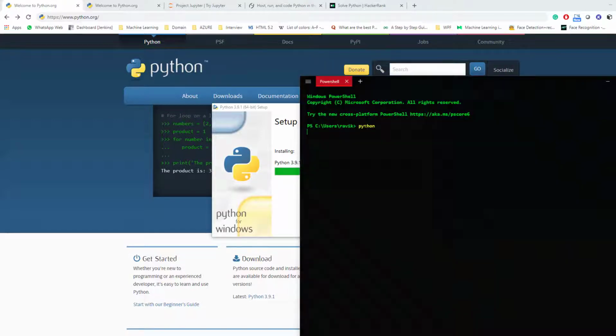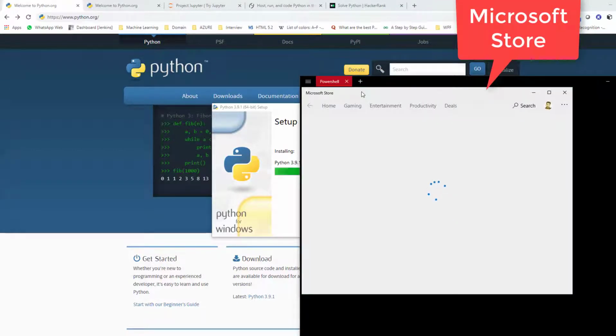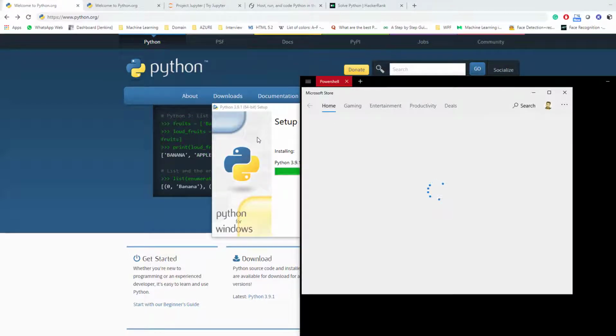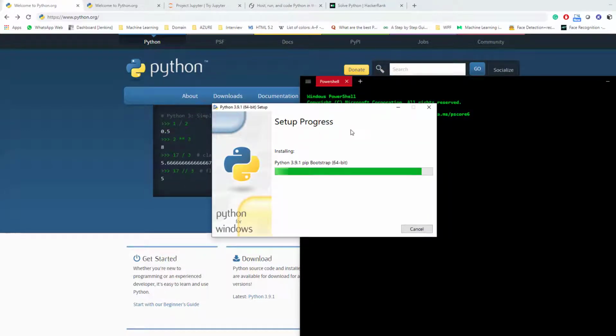If Python is not on our system, it will open the Microsoft installer to download it, but we have already downloaded this from their official website. So we will close this and wait for this setup to be successful.